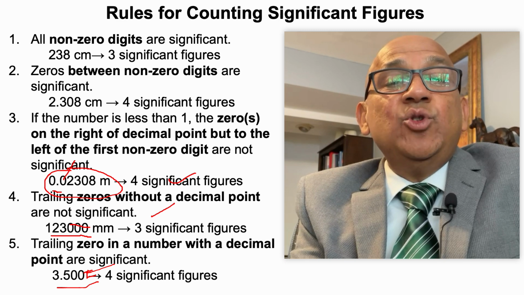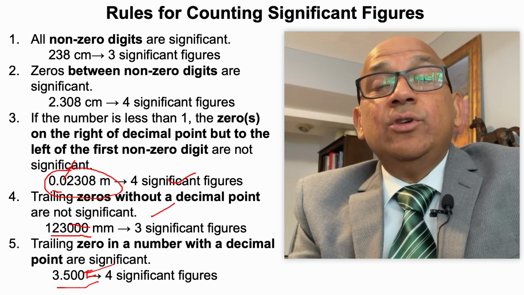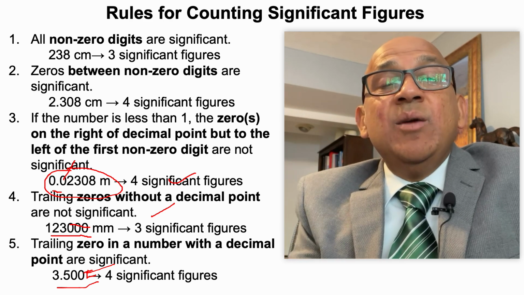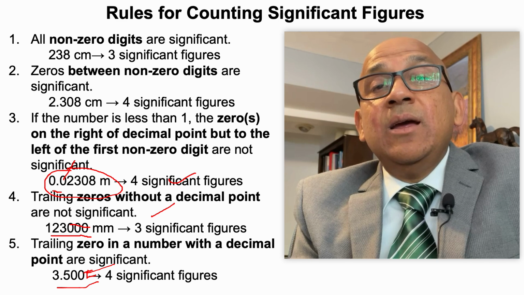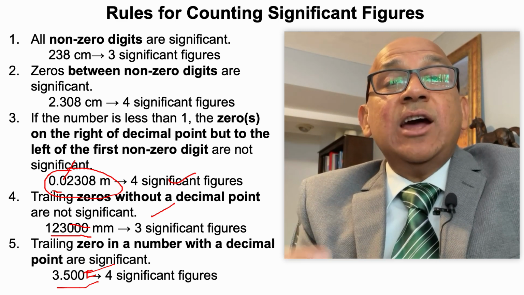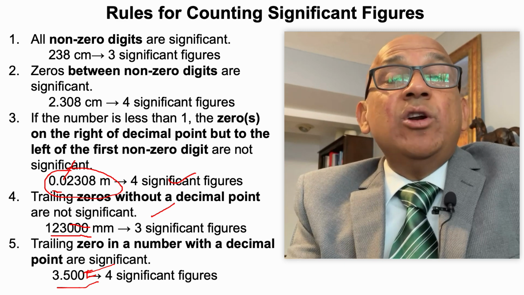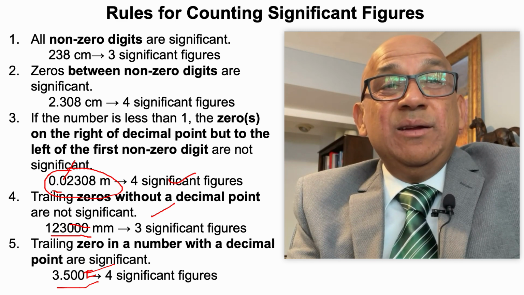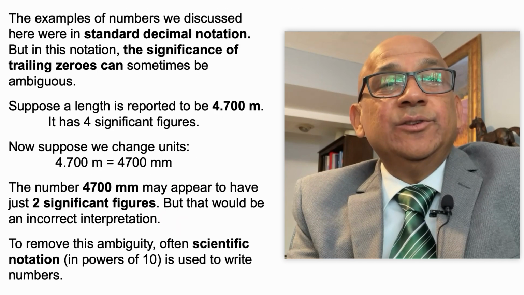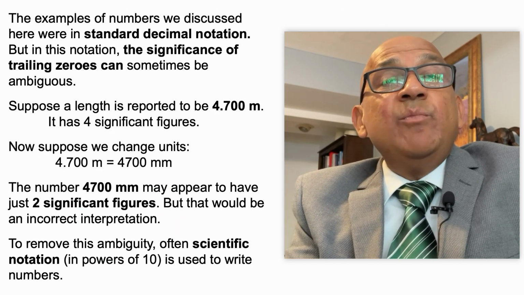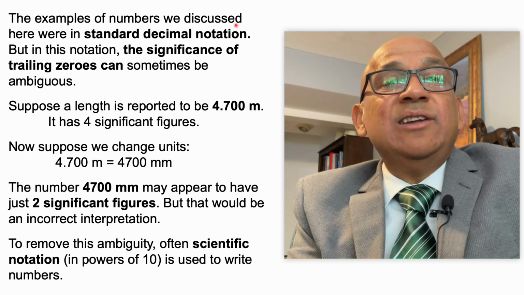For any reason, suppose you want to put some more zeros after that, that is not allowed. You cannot put any more zeros after that, because when you write these numbers in a certain way, that represents how accurate, how precise your measurement is. So it is very important to be very careful about finding out significant figures. Now, the examples of numbers we discussed in the previous slide